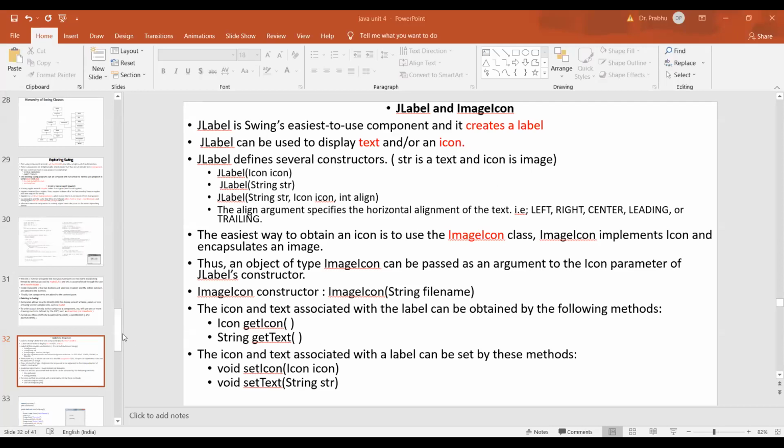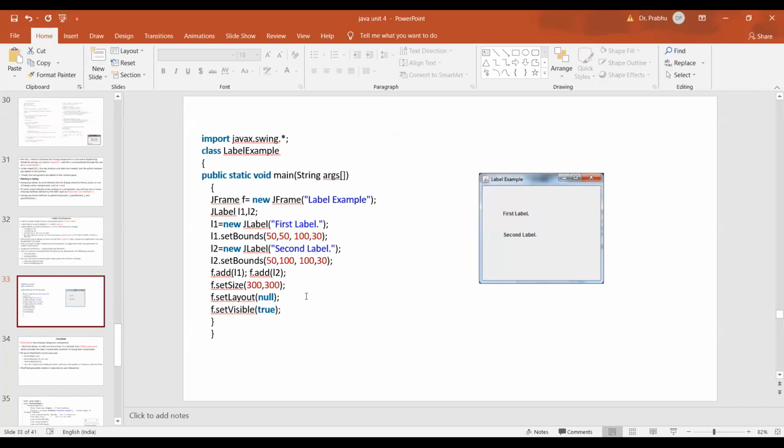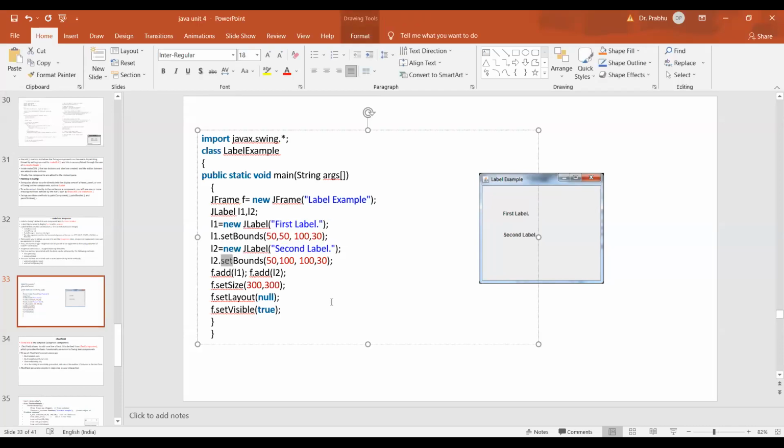Now in the following program, you can observe that without using the constructor, we assign all the things. Let's go through it line by line. We created one LabelExample class. Inside the main method only, we are going to do all the actions. If you have a separate class, then you can call the constructor inside that class, and through the object we can assign all these things to that constructor. Otherwise, we can use set and get. You can see set like this, set like this. You can set the values.